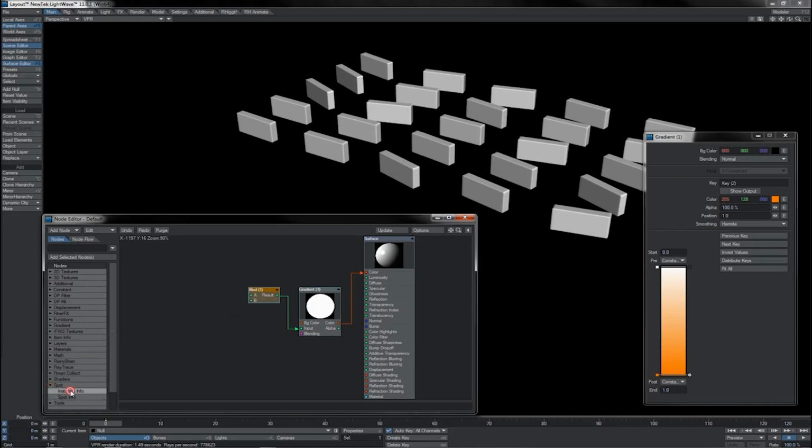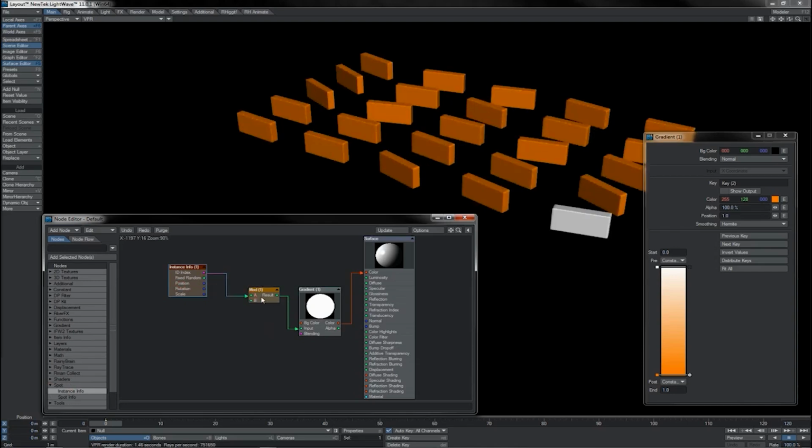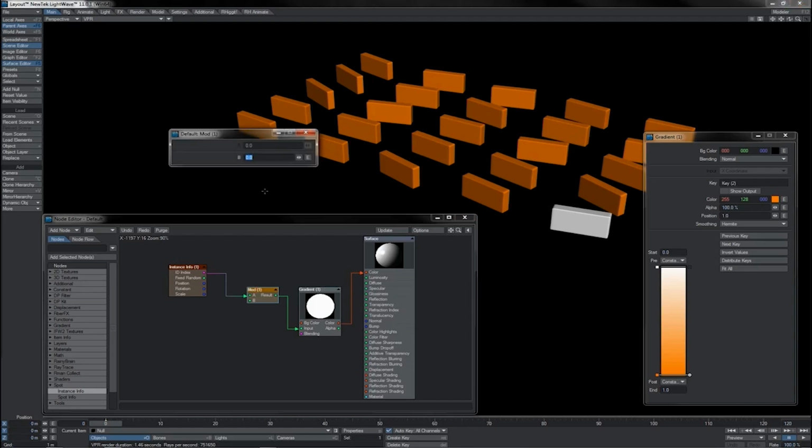So what I'm going to take is the instance info here, take the ID for each instance, plug it into A. What this does is take the number of each instance and ask, can it be divided by, in this case 0 at the moment. In the case of ID 0, it can, and in the case of all of the others, it can't. And this is what we get. If we want every other block to be orange, we enter 2, and we get every other block, every second block. If we want every third,